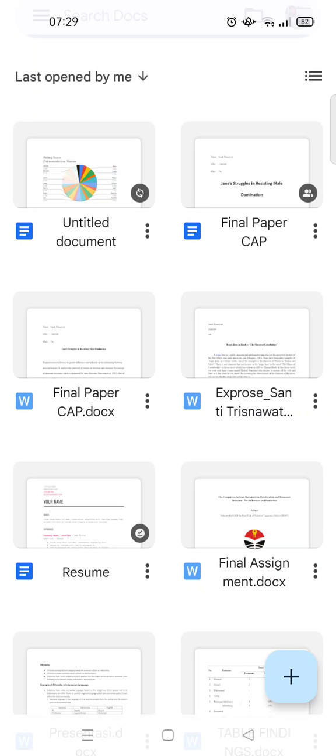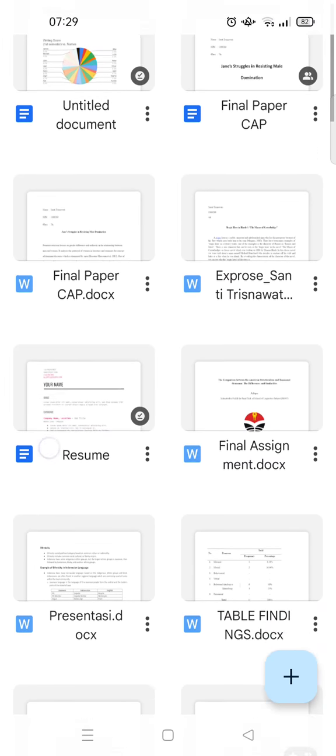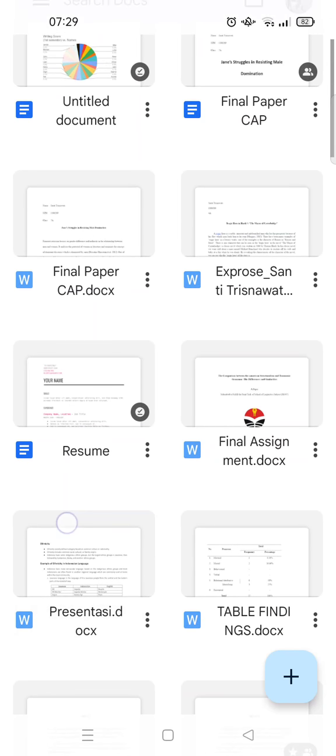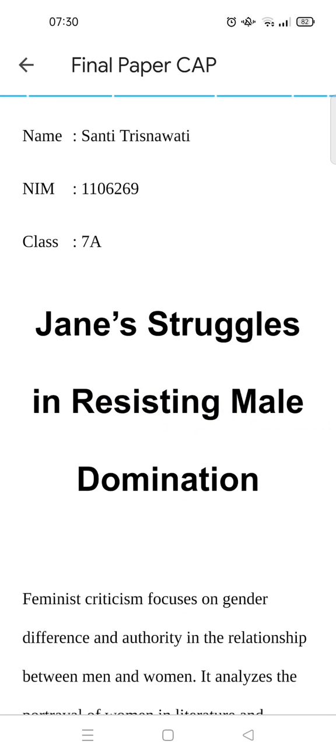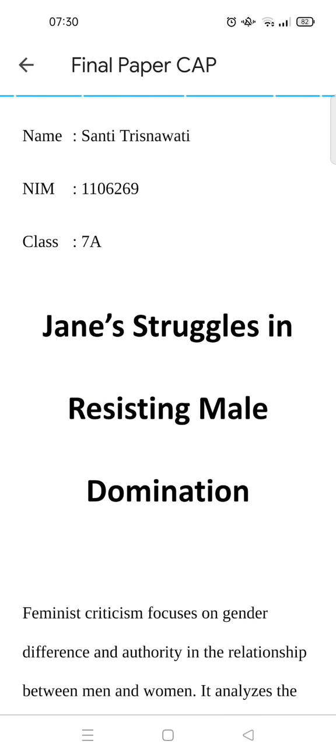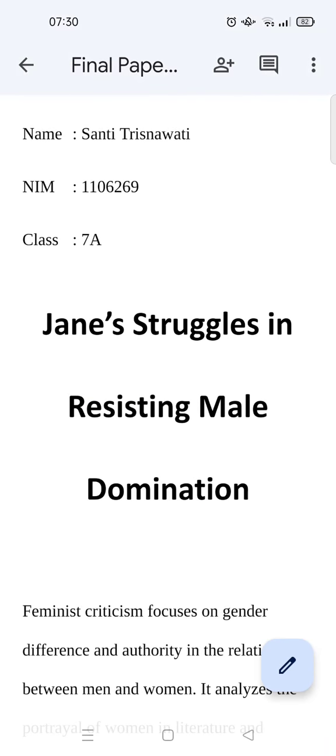On today's video I'm going to show you how to add new page on Google Docs mobile. So here I've already opened the Google Docs app and I'm going to open a document. For example, okay, so this one's right here. No, not this one. Okay, so here is the